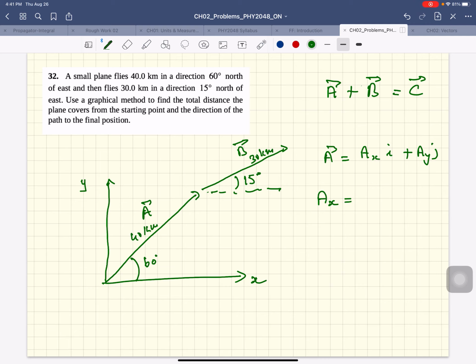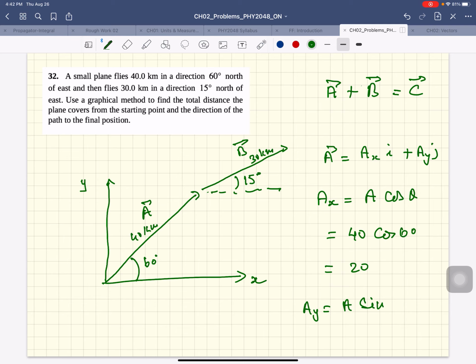AX is A cosine theta, which is 40 cosine 60, and that is equal to 20, and AY is